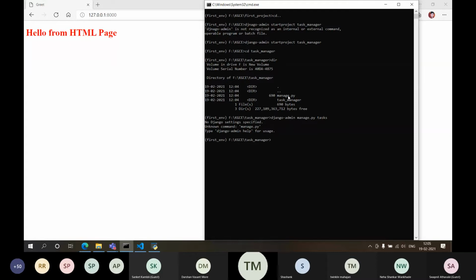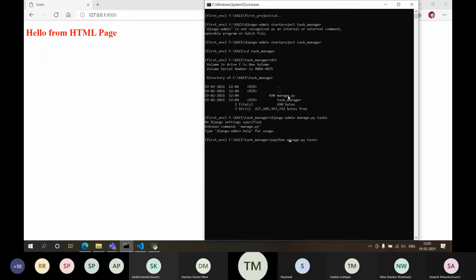With django-admin, I can start a project, but I can't start an app. To start an app, there is a command: python manage.py. Whenever I'm interacting with manage.py, I need to type python.